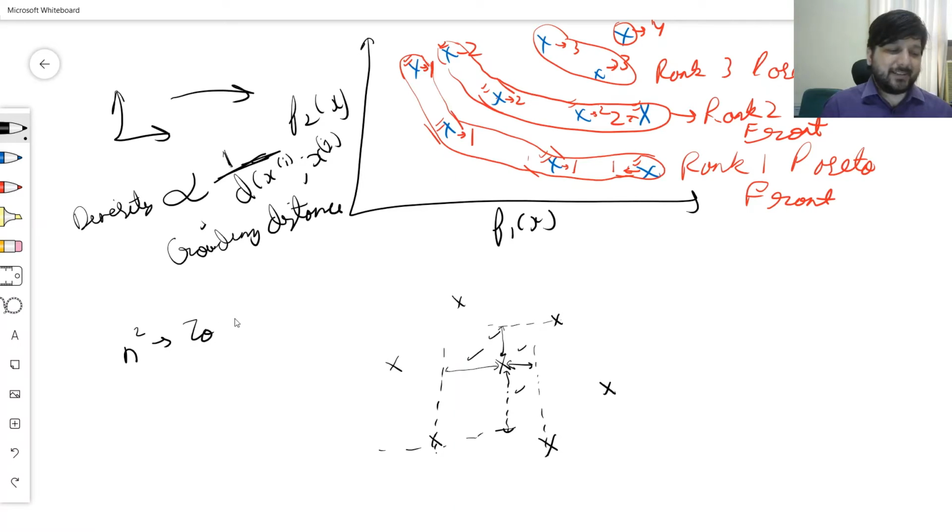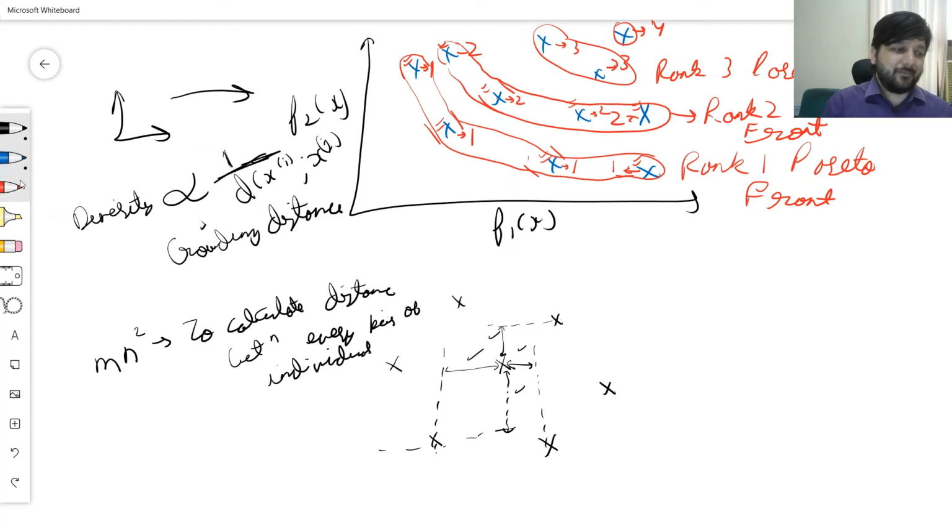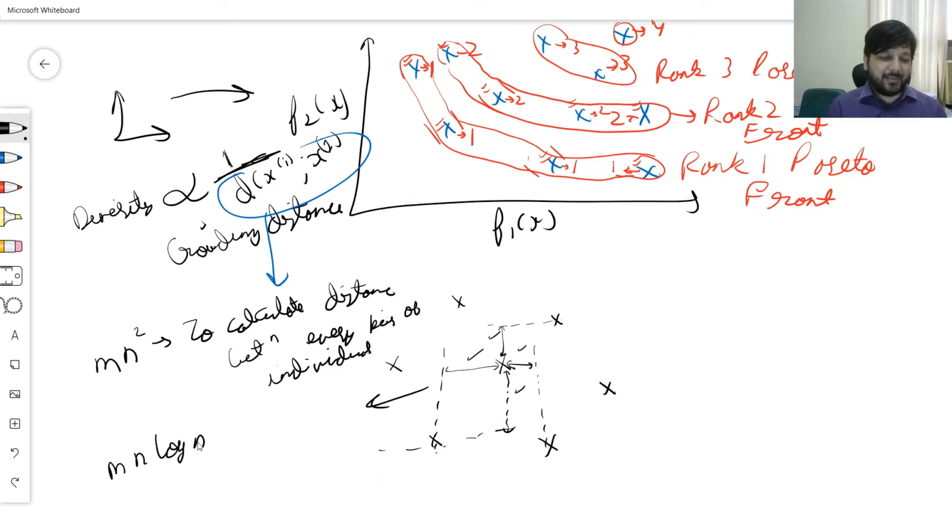To calculate distance between every pair of individuals, for m dimensions it is m n square. To calculate these things, we did that in fitness sharing, so I'm not giving you the exact expression. If you use this one, it becomes m into n log n, which is